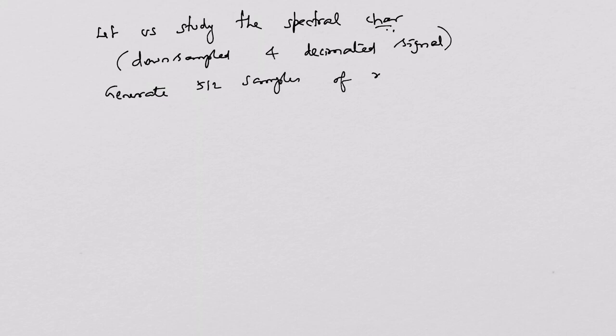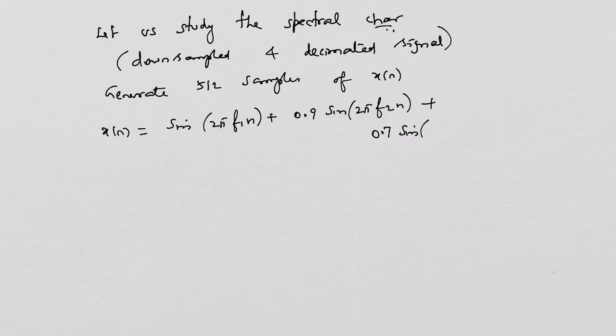of a signal x of n, a discrete time sequence, which is composed of three sinusoidal sequences. x of n is equal to sine of 2 pi f1n plus 0.9 times sine of 2 pi f2n plus 0.73 times sine of 2 pi f3n. So three sinusoidal sequences are ready. They are all summed up together to create